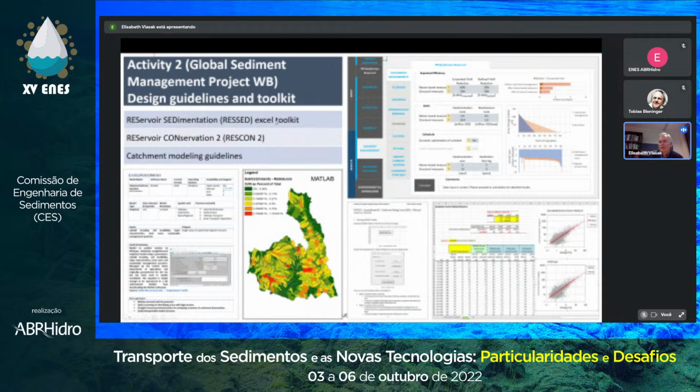A second tool is the Reset. It's an Excel toolkit. It's also very simple, I think. You can use it for simple calculations like this one here, where you can get sediment rating curves, and do rating curve adjustments if you put in your data. It supports you with simple estimations of the trap efficiency or parameters we use there. Of course, we can also go to modeling of soil erosion, but soil erosion is another domain, another topic. So some toolkits of this project might be available soon.